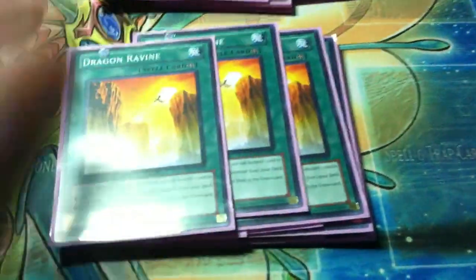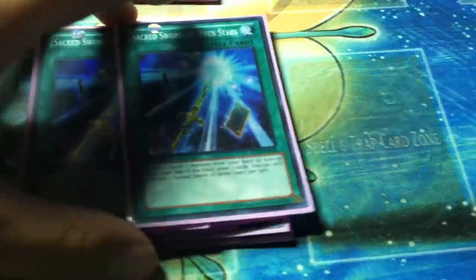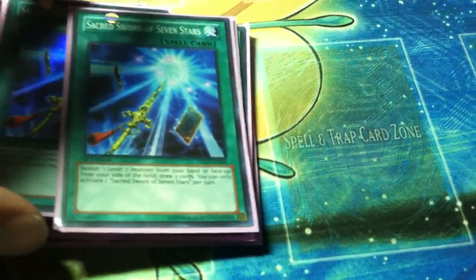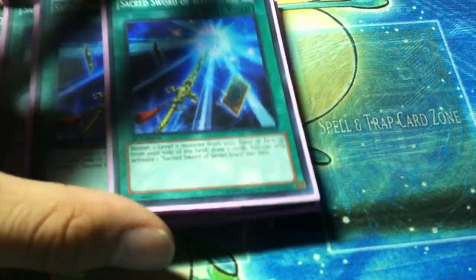But yeah, that's probably the biggest difference about my build compared to other Dragon Ruler builds, that I run Dragon Shrine. And then the last 3 trap spells are 3 Sacred Sword. So yeah, my 12 spells are just triple copies of every one. Like I said, if I were to switch something, I'd switch one DDR for MST or Terraforming or something. Sacred Sword's obvious. And then I run 6 traps,